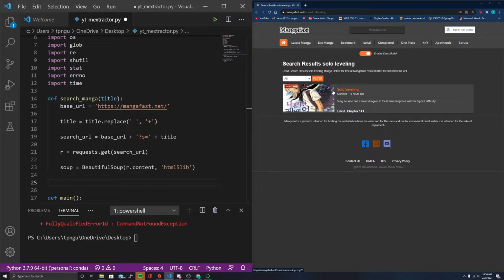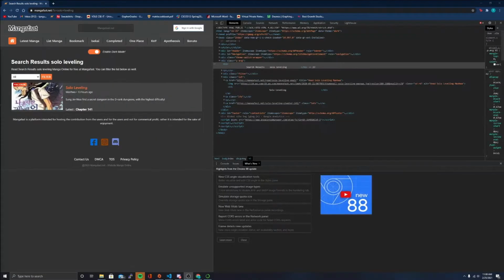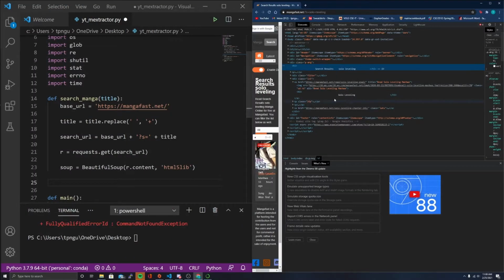So if we look on this side of the screen, this is the website that'll pop up once we type in solo leveling. And we essentially want the choices that are right here. So let's go into this, we'll right click this, inspect it. So essentially we want Beautiful Soup to be able to find the table that contains all of the titles that would be displayed here. So we find that the div containing all the tables right there is this PMRG class, right? So back to our code,